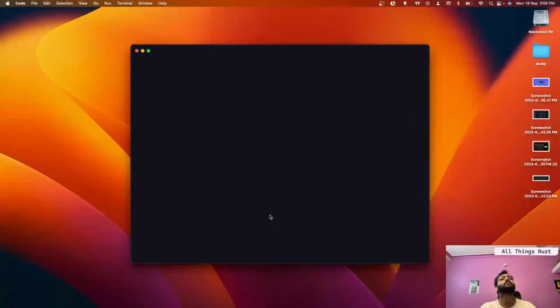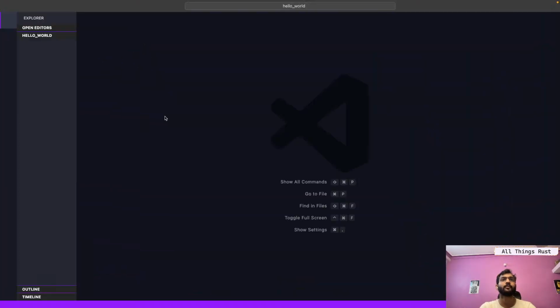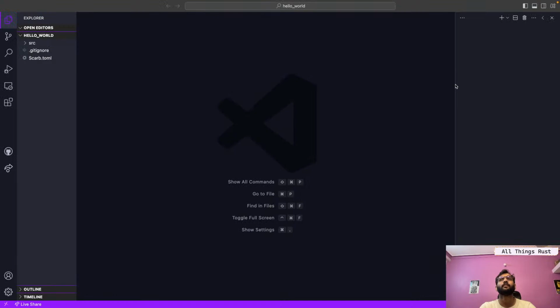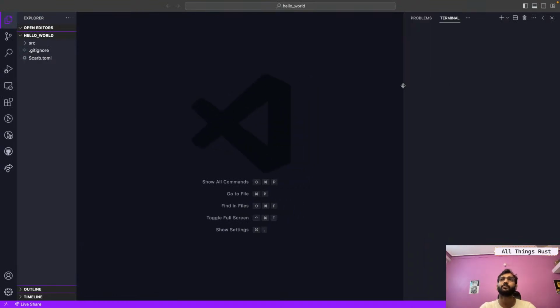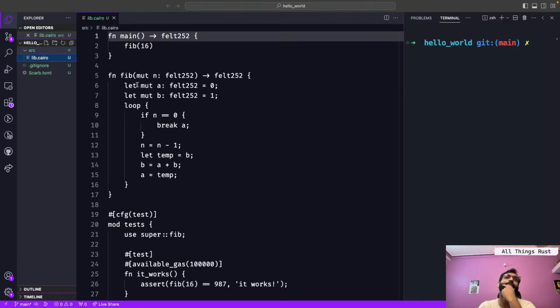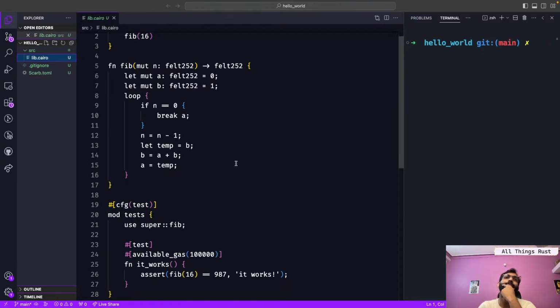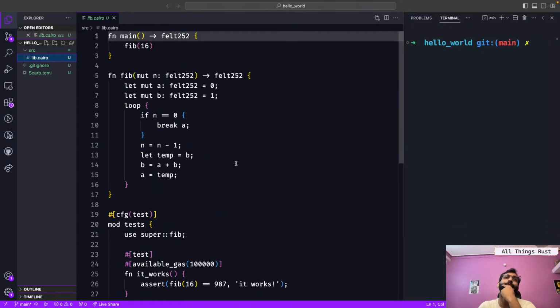You should be able to see this. You can also install the Cairo VSCode extension to get syntax highlighting and that sort of thing. So I guess we have a program. In this, we have a Fibonacci series. So what we can do is, let's say,